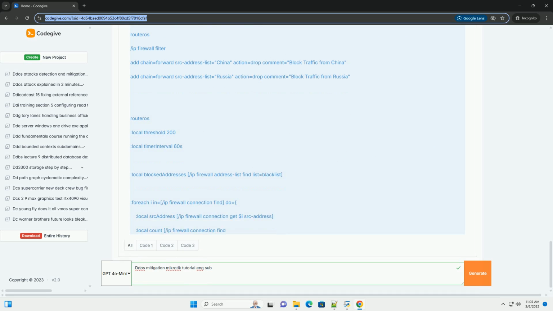2. Advanced queuing, traffic shaping. Queuing allows you to prioritize legitimate traffic and limit the impact of malicious traffic. 1. Simple queues. Simple queues provide a basic mechanism for limiting bandwidth per IP address or subnet. Explanation. Target equals